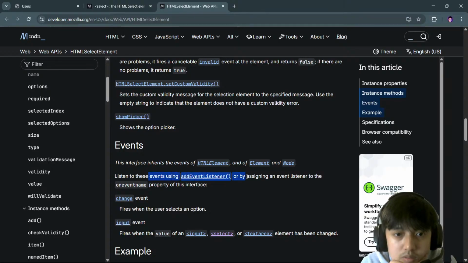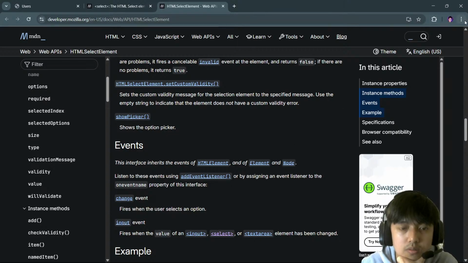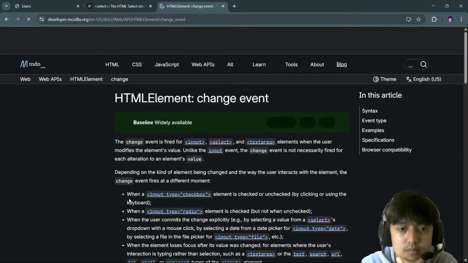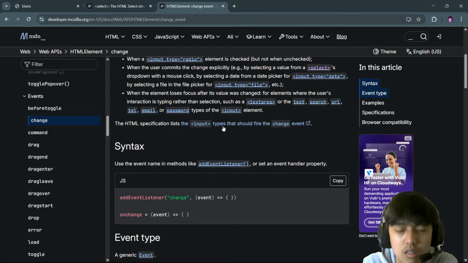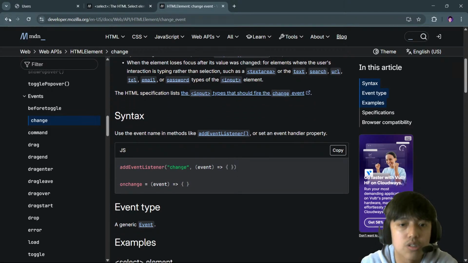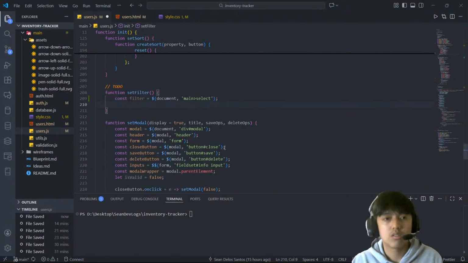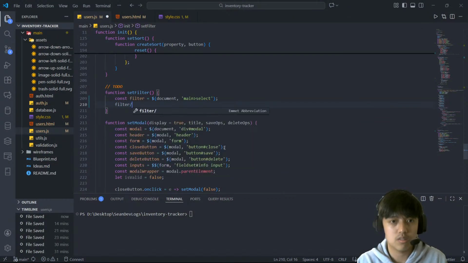Listen to these events using an event listener or by assigning an event listener to the on event name property of this interface. So it's supposed to be on change. On change, yep. So filter dot on change